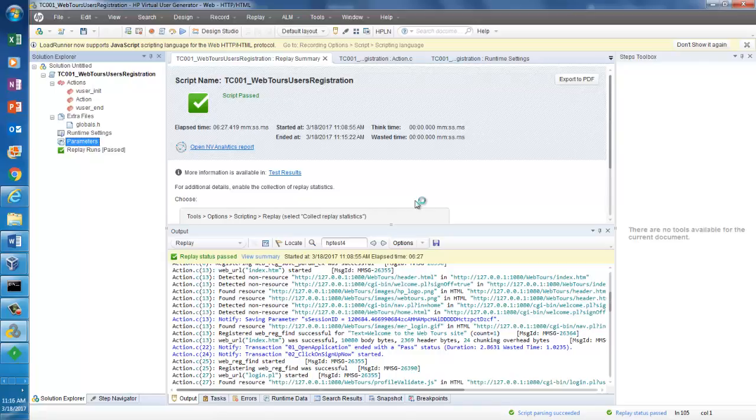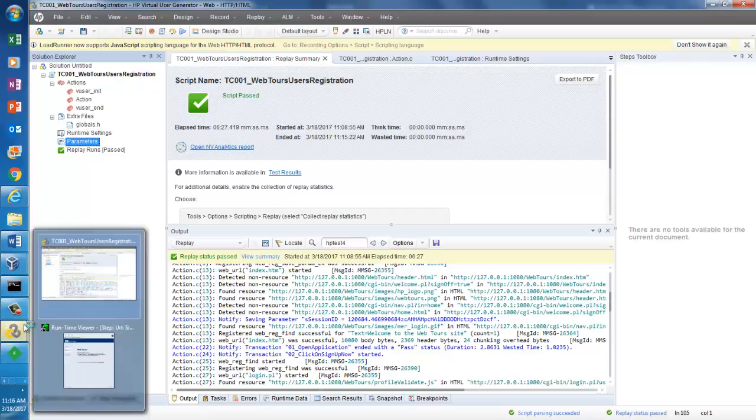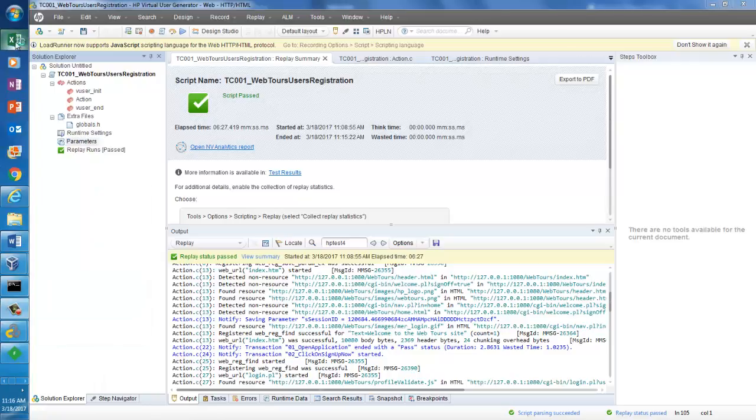Now my goal is to register 100 users, and if you use 100 users, let me first set up the parameter. How many users do I want to register? 100, or let's say I want to register 1,000 users. How will I do that? So you go to